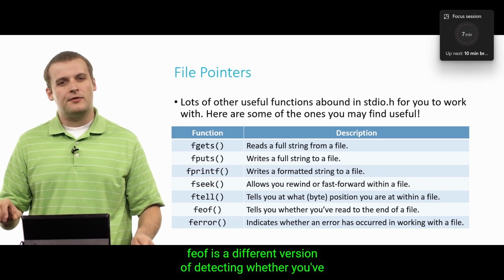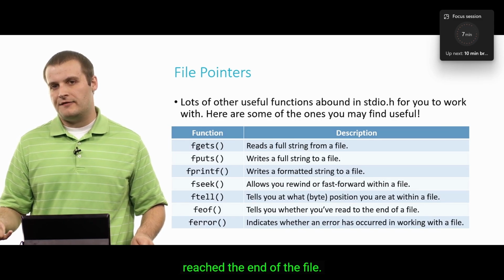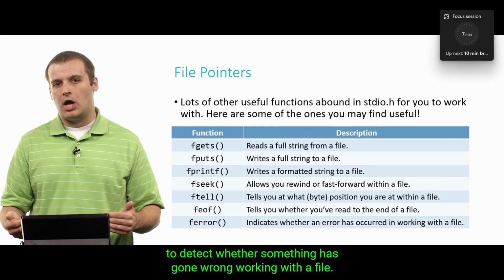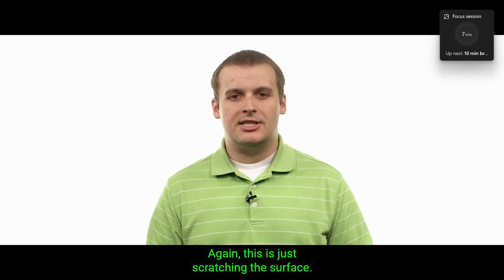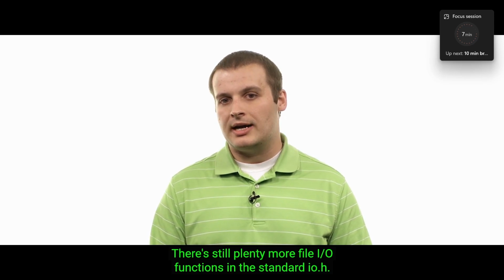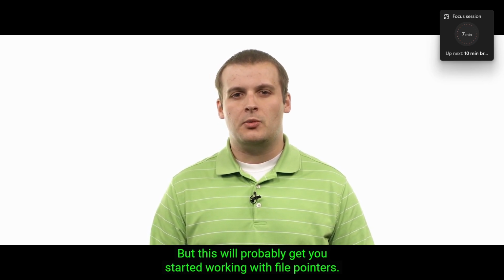feof is a different version of detecting whether you've reached the end of the file. And ferror is a function that you can use to detect whether something has gone wrong working with a file. Again, this is just scratching the surface. There are still plenty more file I/O functions in stdio.h, but this will probably get you started working with file